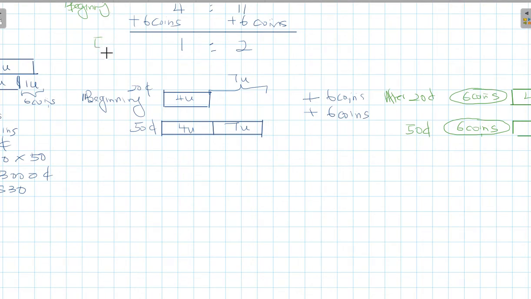Mine is 1:2. So here is n. And the difference between 50 cent coin and 20 cent coin is 1. No, the ratio is 1:2, right? Okay,